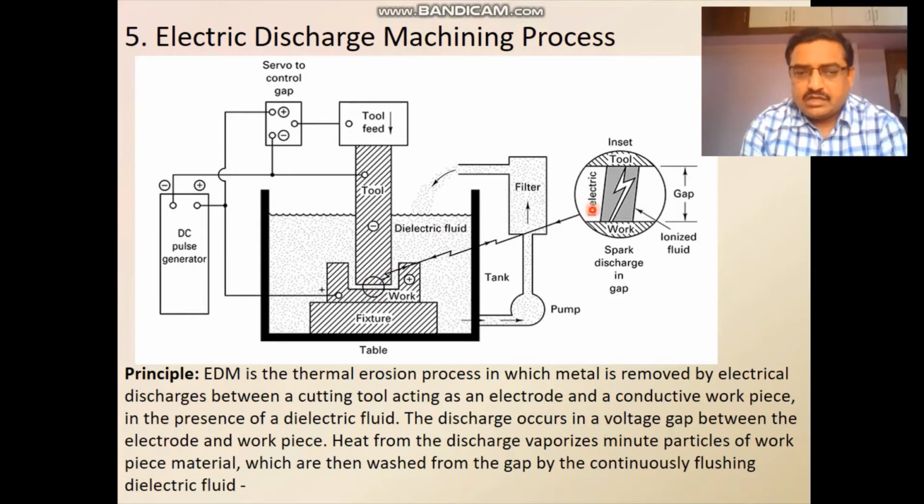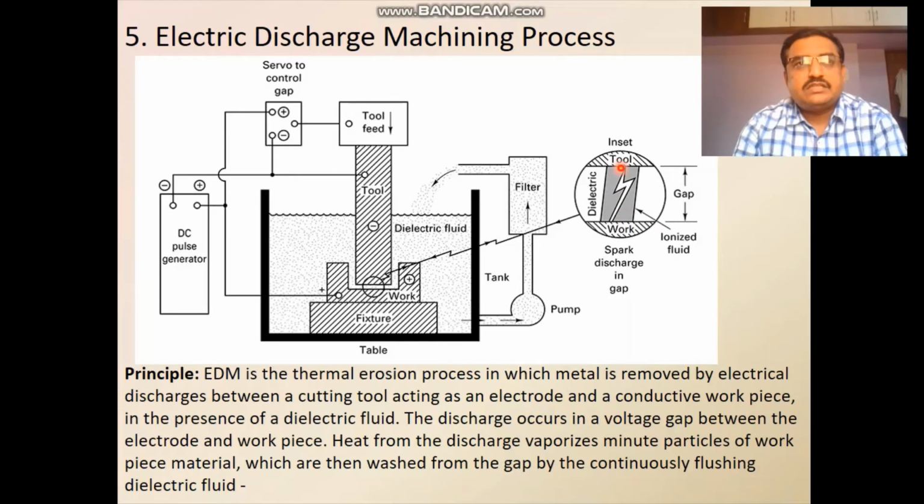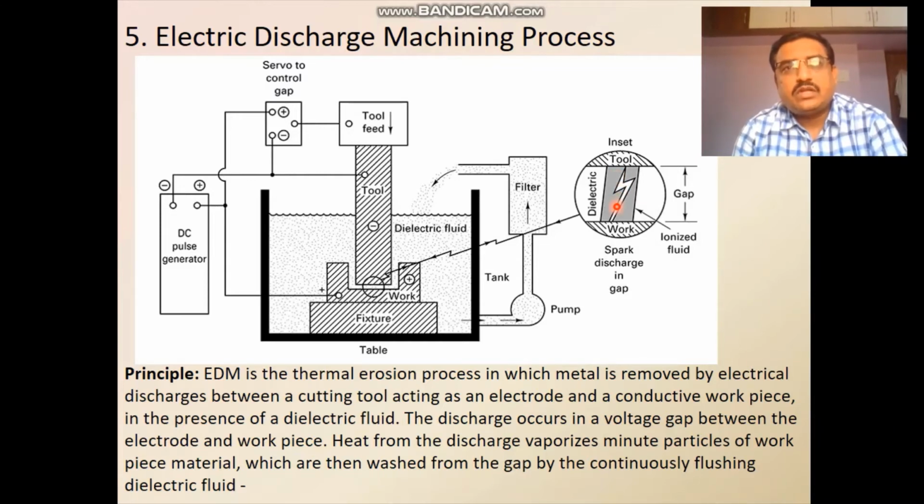See, in this figure there is a stream of electrons created, moving from tool to work within a very small gap, so that there is a jumping of electric current from the tool towards the work, and such a spark is generated. This spark creates a very high temperature, near about 8 to 10,000 degrees centigrade,